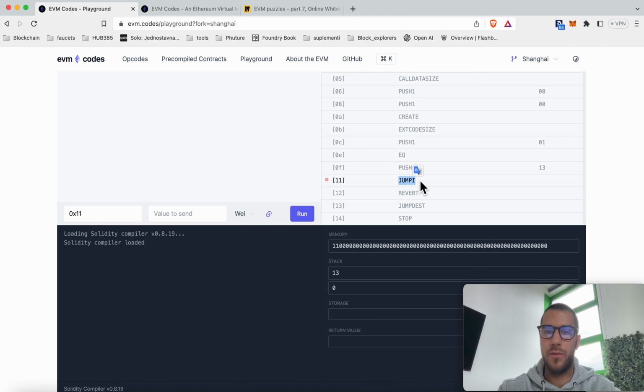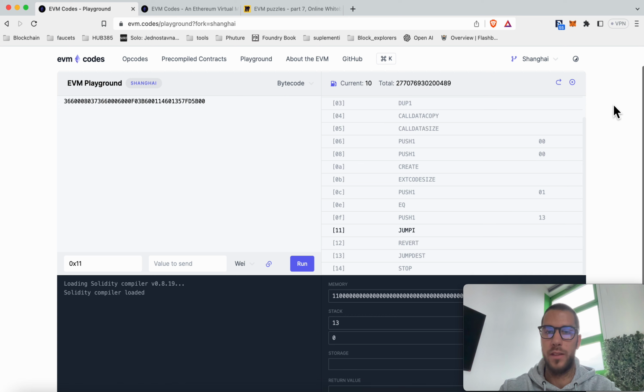And in order for this conditional jump to jump to this destination and be successful, this would need to be 1, not a 0. So in this case, this is going to revert. So if we take just a step back, this is hard coded. So here we're pushing 1. So the result of this should also be 1 in order for these two to equal, which